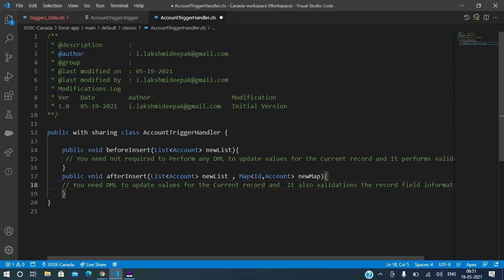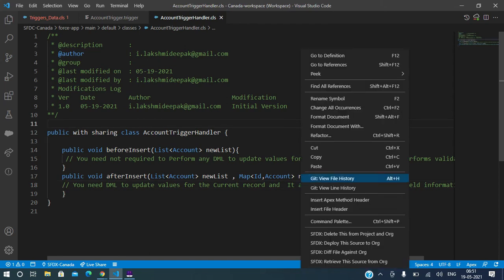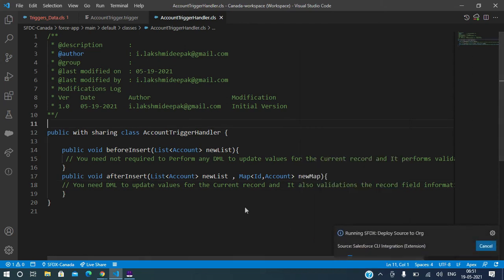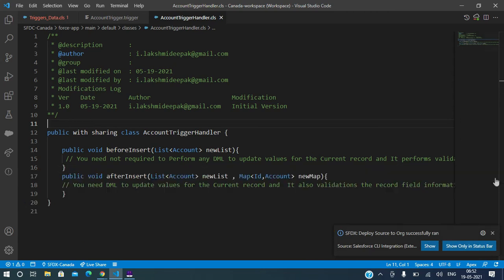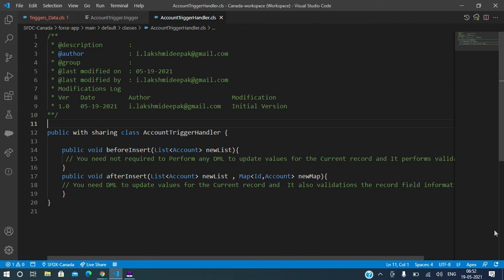The record itself is not there in the database. Clear? But remember this way: no DMLs required for before event triggers, and DMLs are required on after event triggers. Clear?